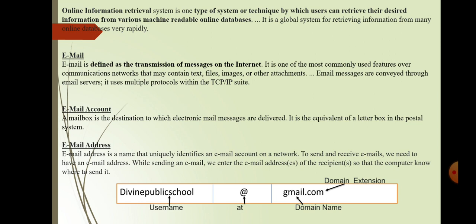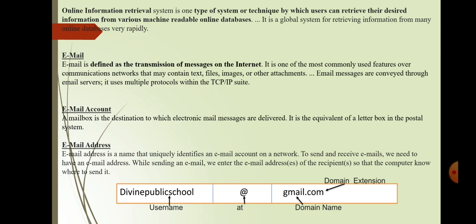Now, the next point that we need to understand is the email account. Dear students, an email account or a mailbox is the destination to which electronic messages are delivered. It is the equivalent of a letterbox in the postal system.